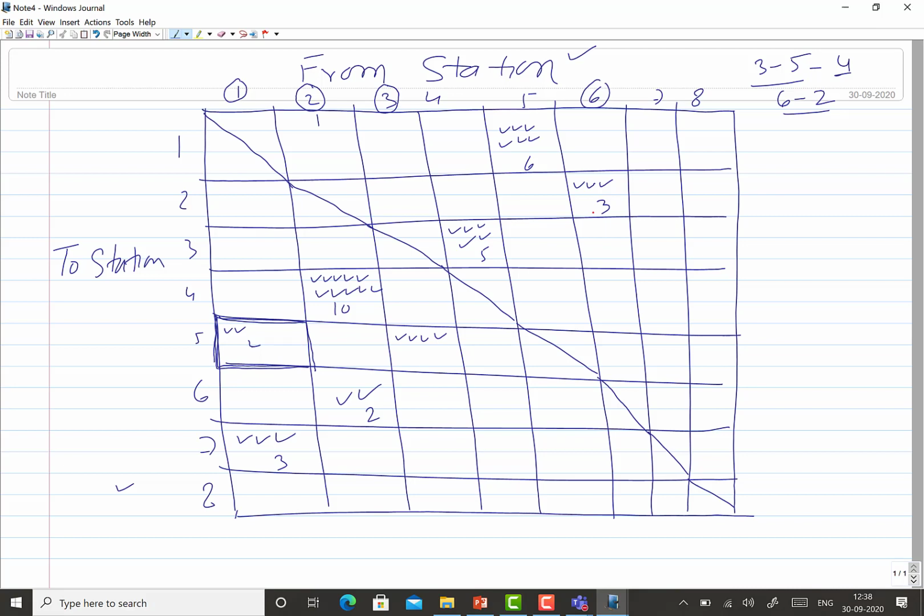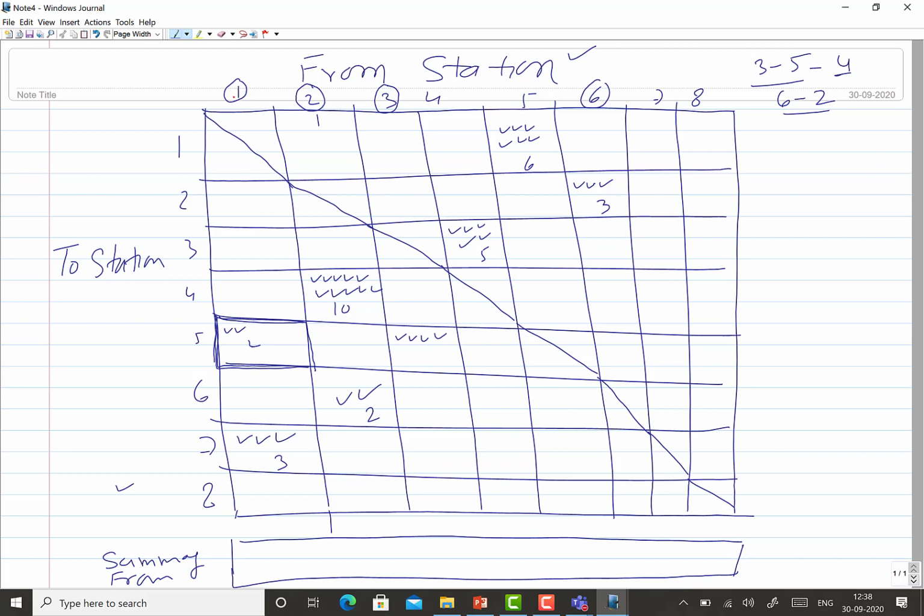Now here we have to prepare a summary row. This summary being made here will show the summary of all movements from the stations.